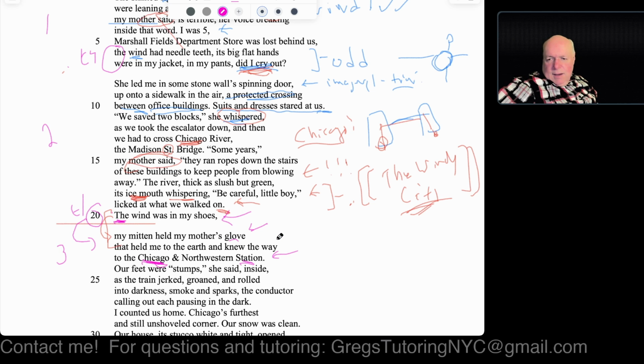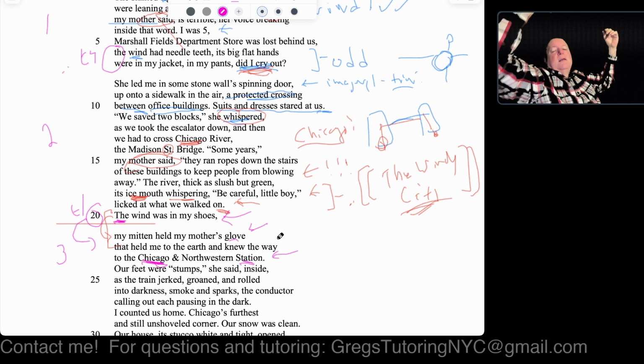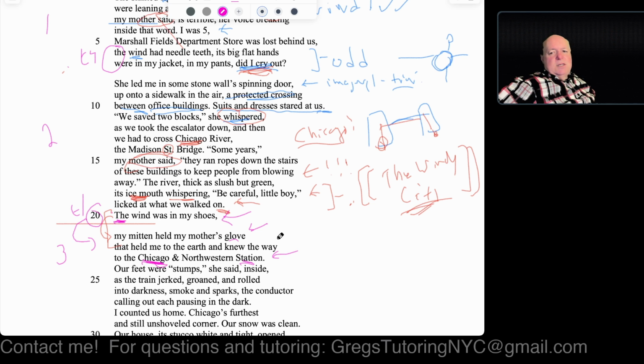Yeah. And by the way, in Chicago, so in New York City, we have subways, and we also have above ground. That's called L's, E-L. Chicago is mainly just L's. That, again, is extra knowledge. You don't particularly need to know that, but it can kind of help us maybe understand it more. Okay, so they basically had to walk to the train station at that point in the freezing cold, and it was so cold that the boy is kind of metaphorically saying he stuck to his mother through his glove and his mitten or whatever, right?